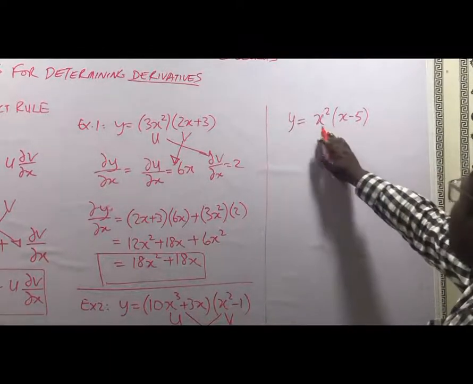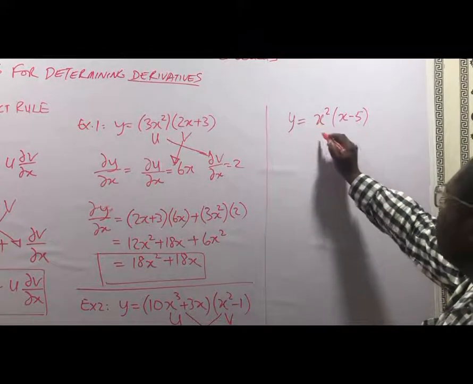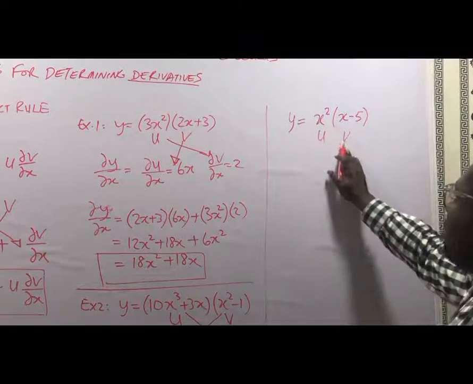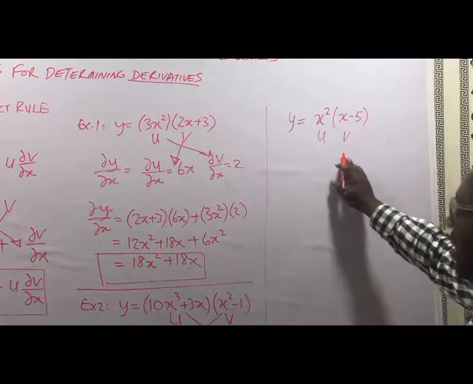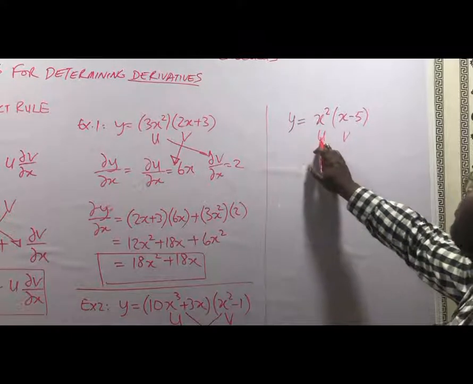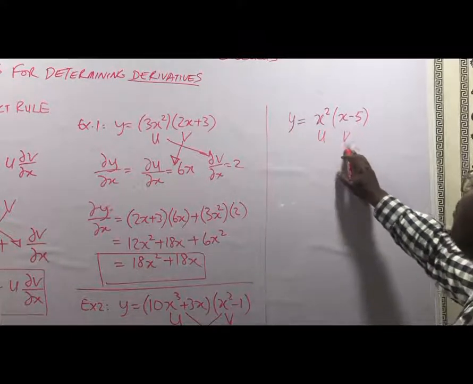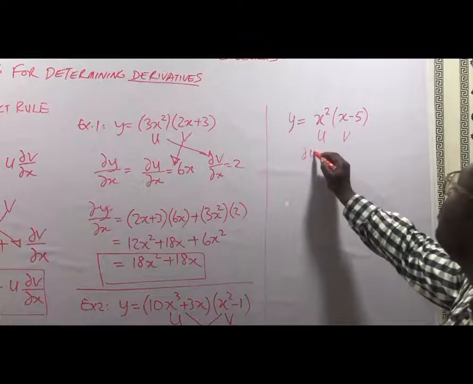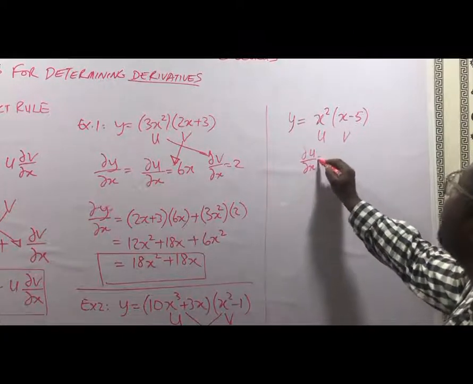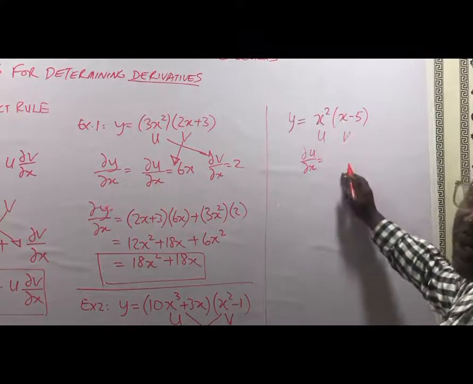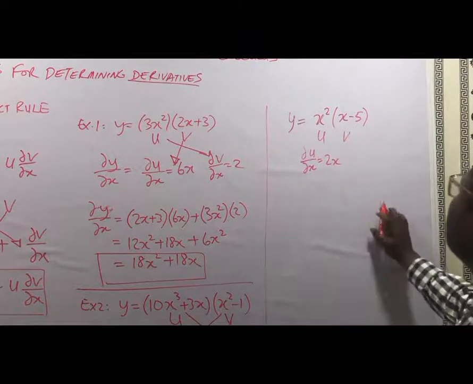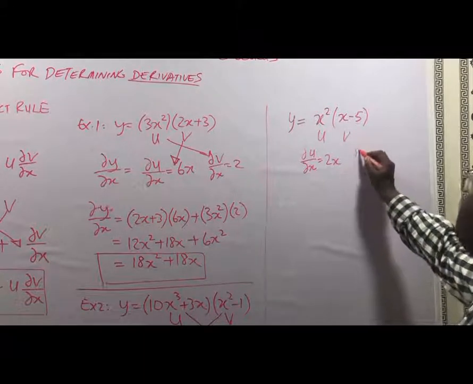As we've done, this is u, and this is v. Now this is just standing on its own. As I've always done, let's differentiate this and differentiate this, then we cross multiply. So du/dx, to find the derivative of this, will be 2x, as you've seen. Then dv/dx,